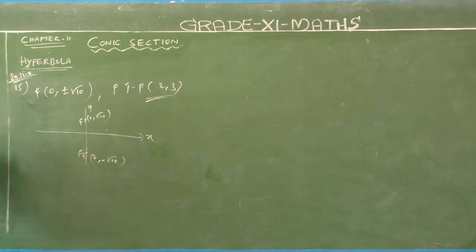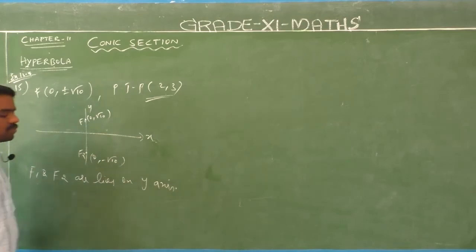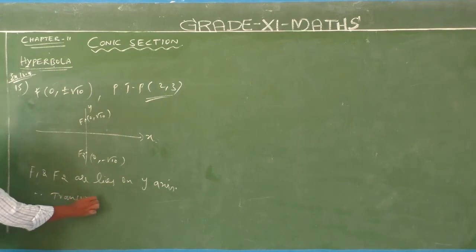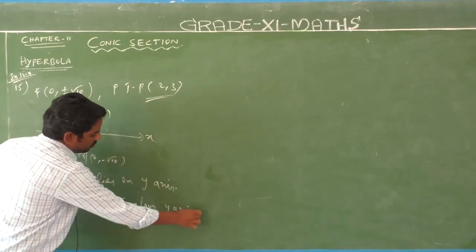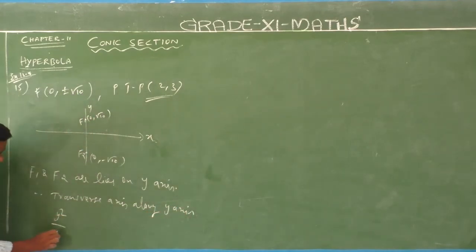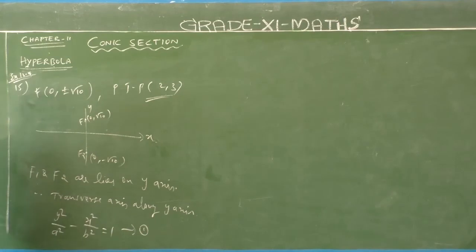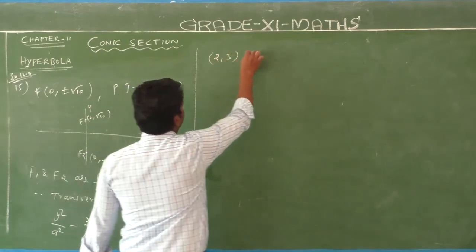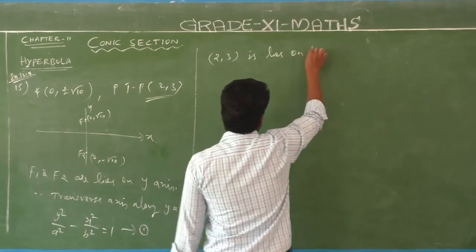The foci F1 and F2 lie on the y-axis. Therefore, the transverse axis is along the y-axis. So the required equation of the hyperbola is y squared by a squared minus x squared by b squared equal to 1. This is equation number 1. Given that the point (2, 3) lies on the hyperbola,